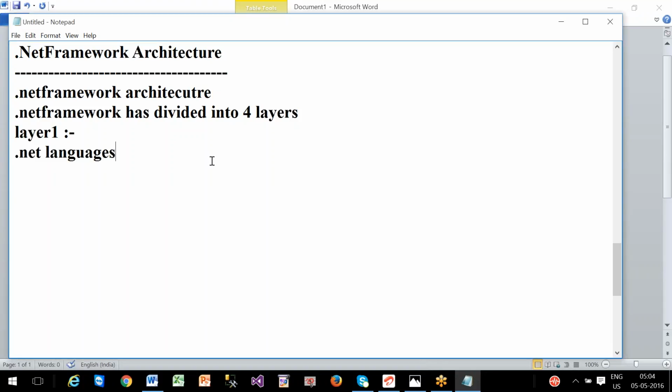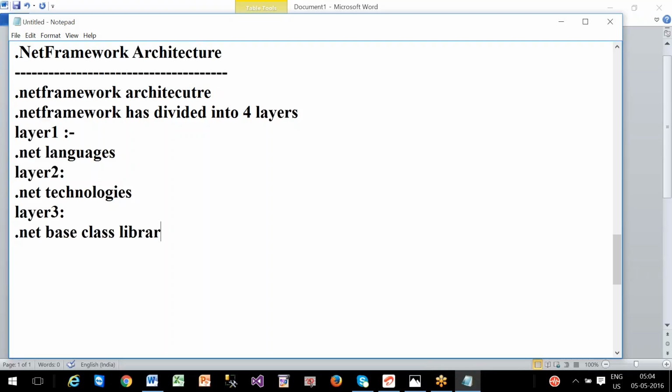Layer 2 is representing .NET technologies. Layer 3 is representing the .NET base class libraries. Layer 4 is representing